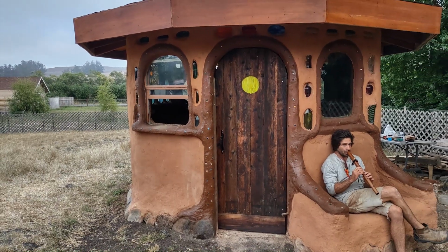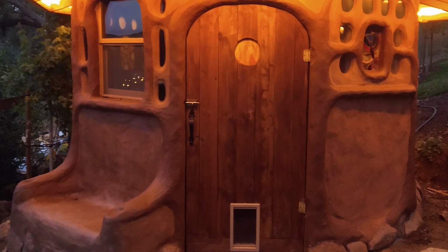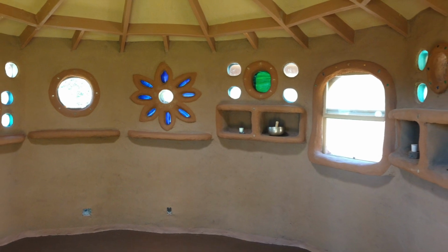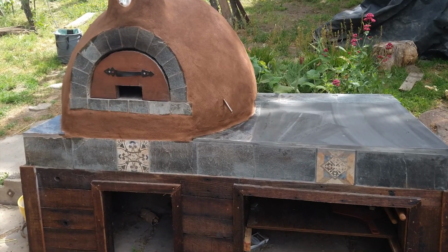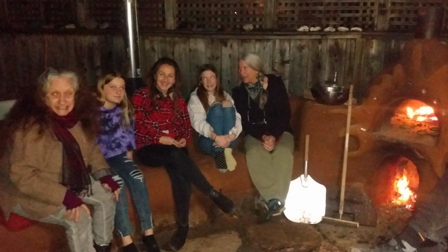And for my buddy Jared in his backyard. And over in Santa Rosa, did a cob in there. Worked with the family to do the cob and did some fun decorative features on the inside. Oh, and my dad came to visit. That was fun. And we did a cob oven in Sebastopol, and in Petaluma did an oven with a heated bench